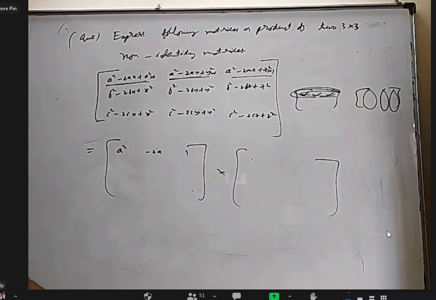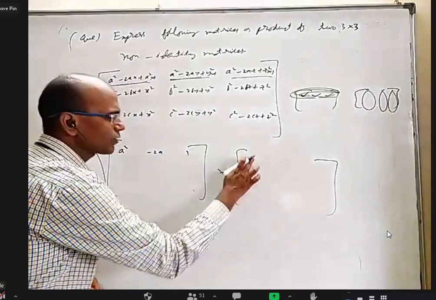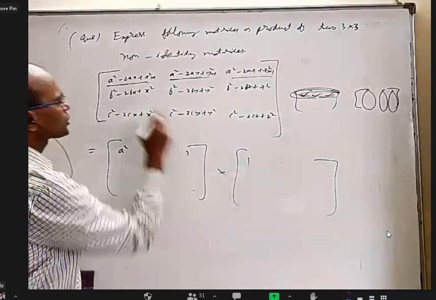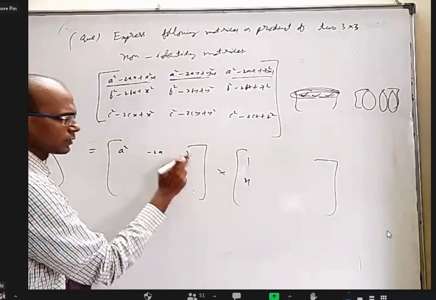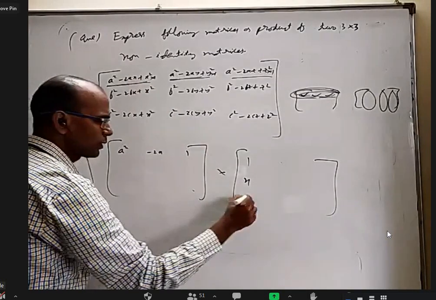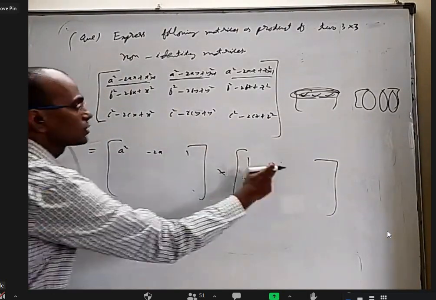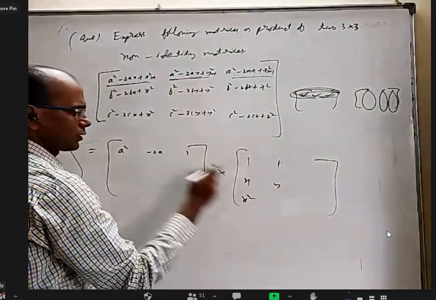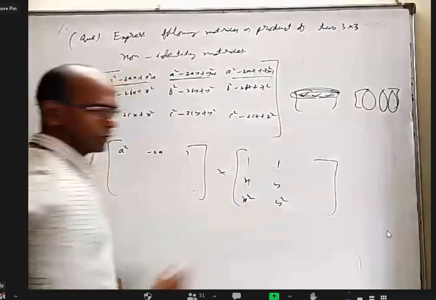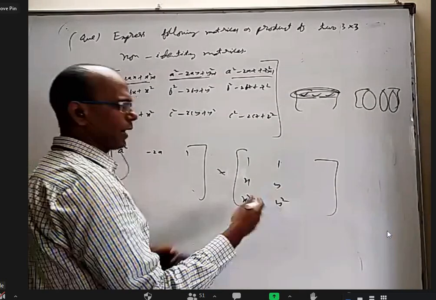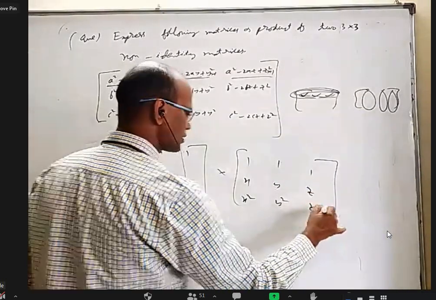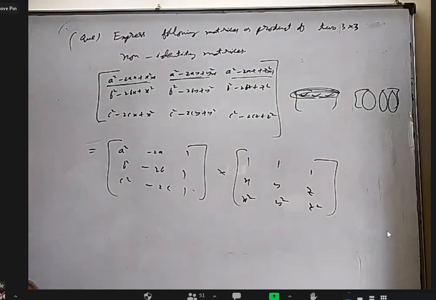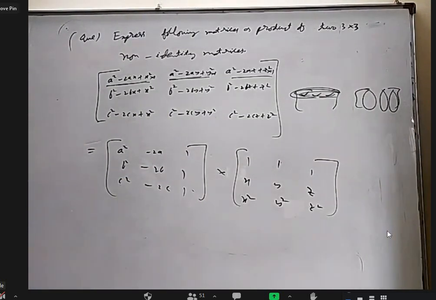Yes, sir. Okay, now once you know this, we can easily tell what is the first column, because this into this should come a square, so it should be 1. This into this should come minus 2x, this should be x. This into this should come x square, so this should be x square. This into this should come a square 1. This into this should come this, which is y. This into this should come this, which is y square. I'm sure once you find a pattern, you can easily tell the other one is this. Here the other one is this. Here other one is this. Is it okay? Yes, sir. Now I understood.